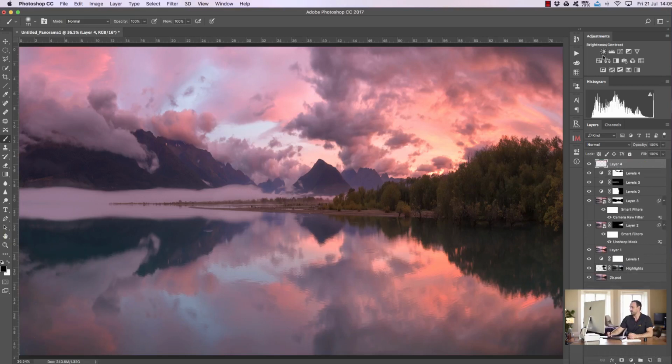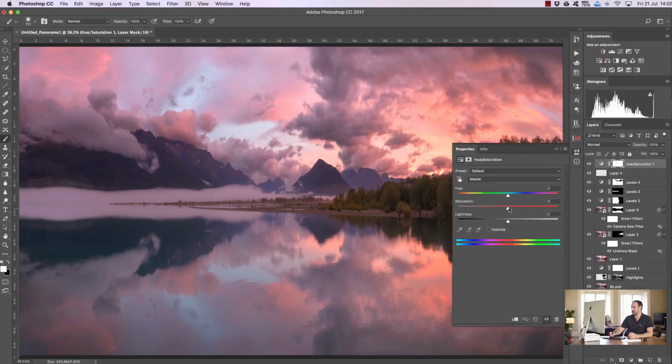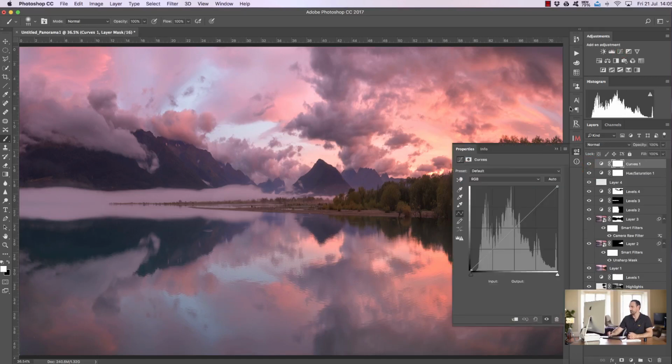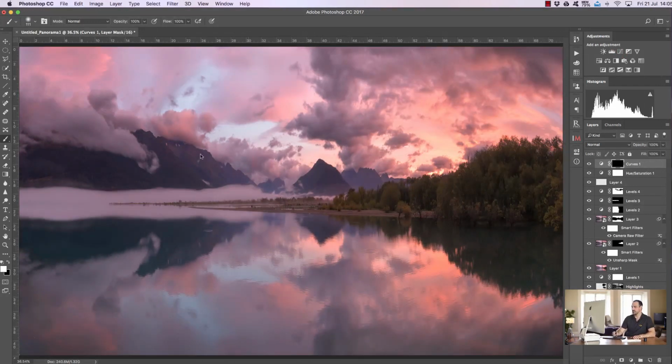To finish, I'm going to actually bring down some of the colors in this scene because they're just too strong. So I've opened up a saturation layer there, and I'm just bringing it down a tiny bit, not too much. And now we're going to create a vignette, my favorite type of vignette. So I'm going to open up a curves layer. I'm going to bring down the midtones, bring up the shadows a tiny bit, press Command and I or Control and I to make that invisible, create a large brush at 100% opacity, and I'm going to paint in around